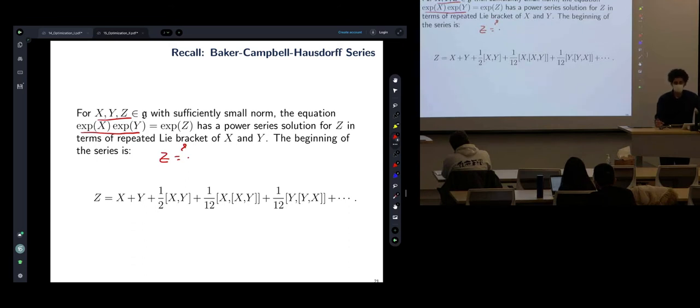This answer is not trivial because for matrices, Z is not X plus Y